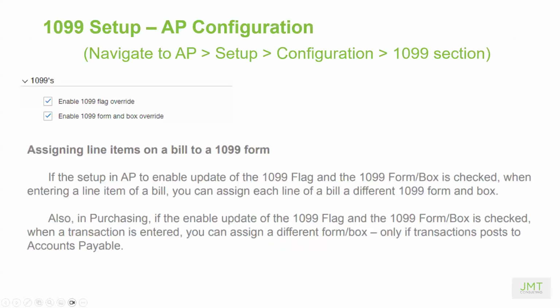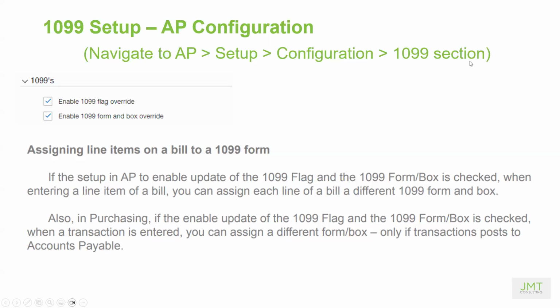Okay, so let's make sure that you guys are all set up for 1099s correctly. The first thing you have to do is on the AP configuration screen. So if you're an admin, you have access to this. Not everybody has access to this. It kind of depends on your own internal organization security setup. You have to be in accounts payable. On the accounts payable drop-down menu, you click on the setup tab, you click on configuration,